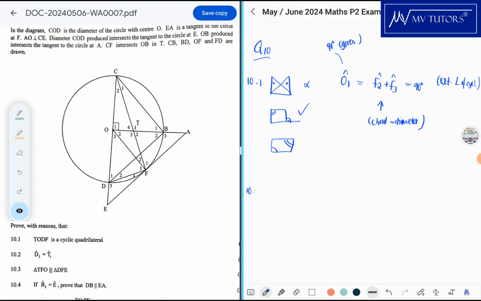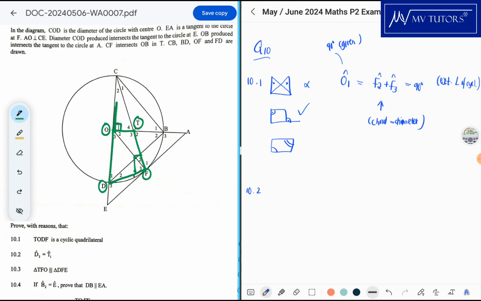Yeah, so you can write it out nicely. Start with O1 being 90, that's given. F2 plus F3 is 90 because the chord is the diameter, that's another mark. And then you relate O1 with F2 and F3, that's another mark, and then reason external angle of a cyclic quad. All right, and then it says prove with reasons that D3